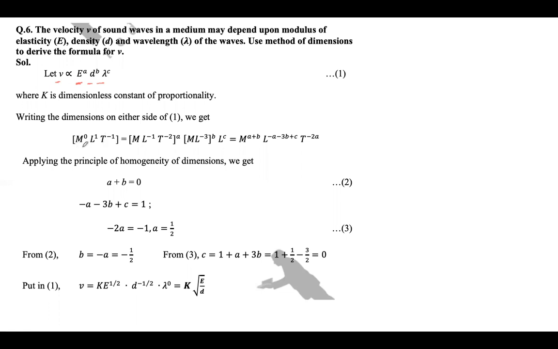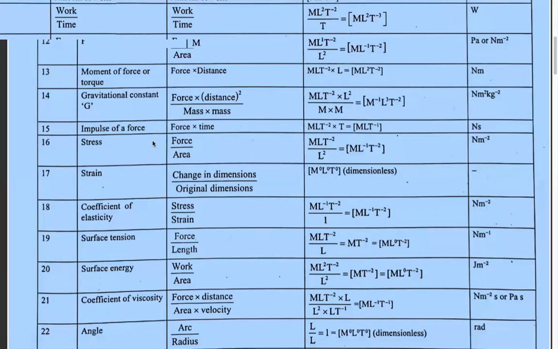left side we know that it will be m0 L1 t minus 1. This is the dimensional formula on the left side. Right side, E is modulus of elasticity. Modulus of elasticity will be equal to m1 L minus 1 t minus 2. This is the dimensional formula of modulus of elasticity. Okay. And then the dimensional formula of this, if you see the relation which we talked about, the coefficient of elasticity is stress by strain. If you see this 18th one,